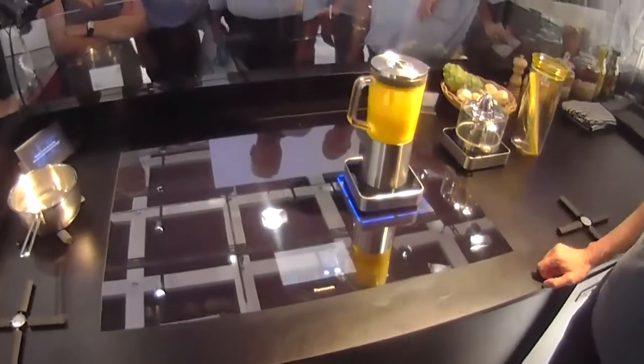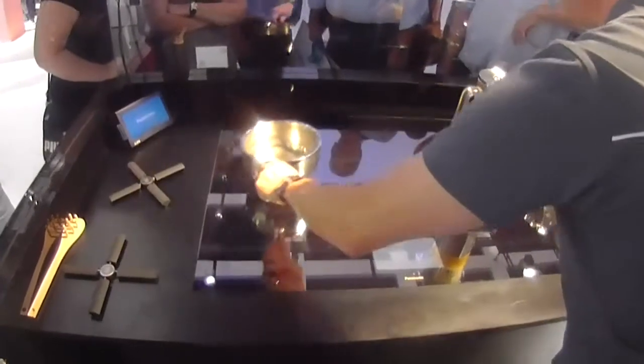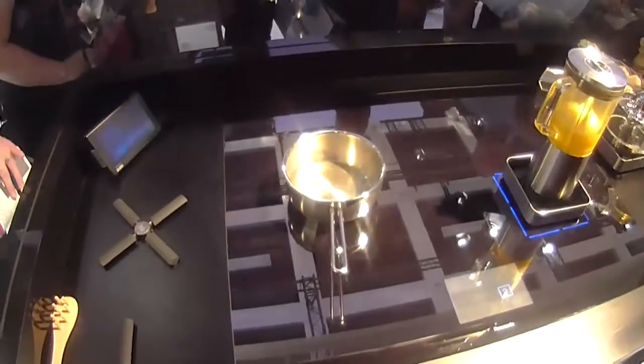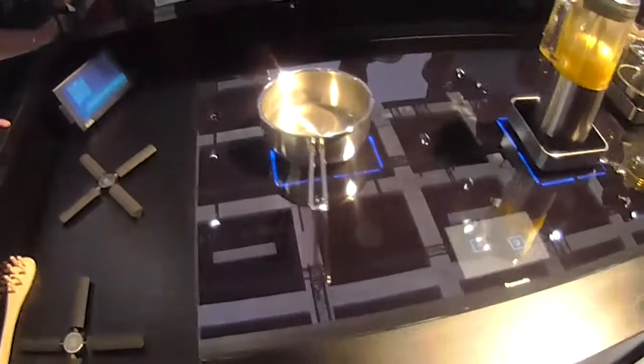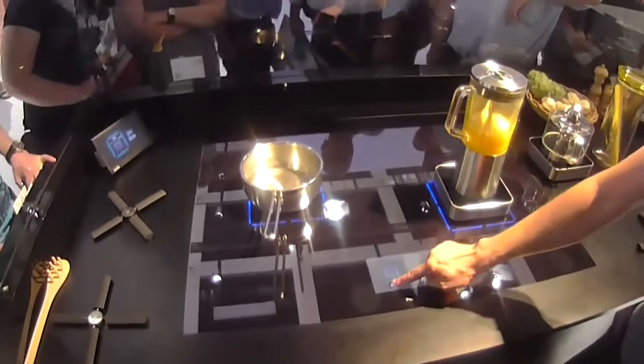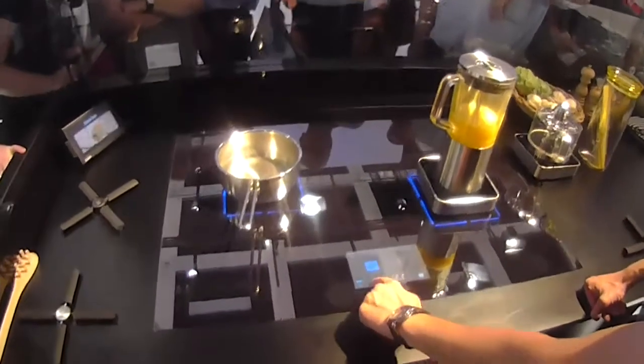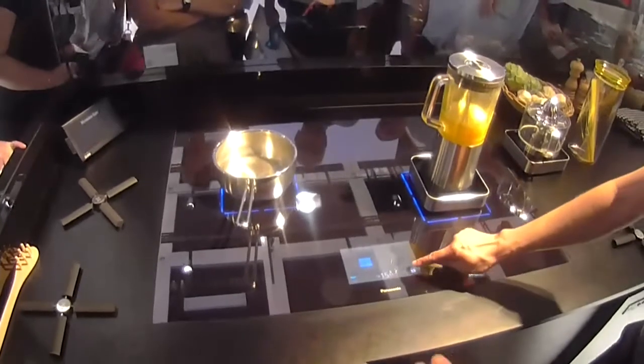So once again, you can put different pots and pans or even large teppanyaki trays. Doesn't matter where you put it. The hob will actually detect it, so you can see the blue square has been put around it now. We're able to activate this. We can use either heat settings or a temperature setting. And as I say, it will detect when you've put the ingredients in